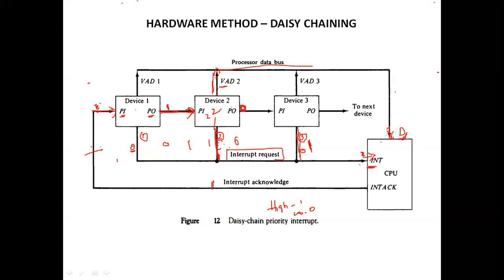So it will send one signal to the device 1. Device 1 has requested for interrupt? No, so it will send the output as 1 over here. This output 1 is given to device 2 at P1. Device 2 has requested? No, it has sent 1 as an output. This 1 is going to be given to device 3. Device 3 has sent the signal? Yes, it has generated an interrupt. So this device 3 vector address is going to be placed in the data bus of the CPU, and the interrupt acknowledgement is going to be high, indicating that the acknowledgement has been taken care of. This is the hardware method of daisy chaining.